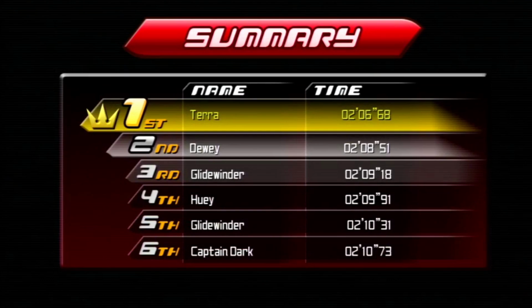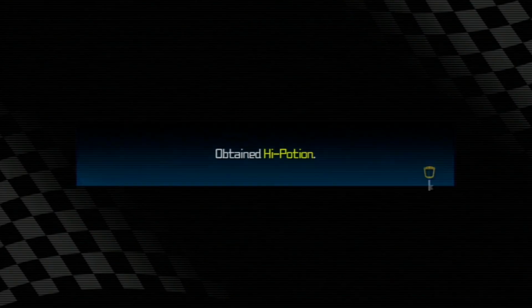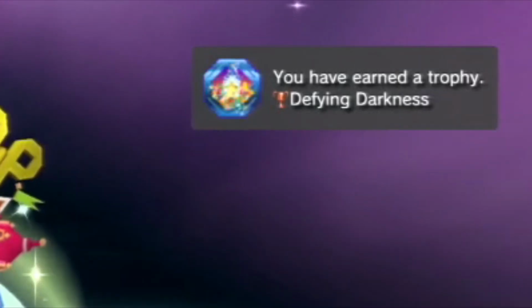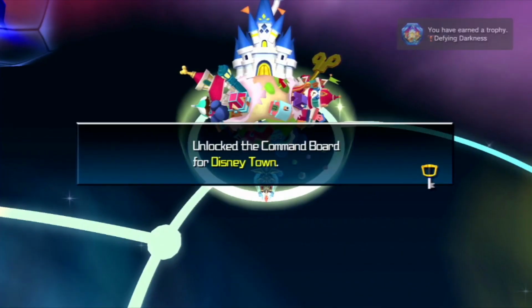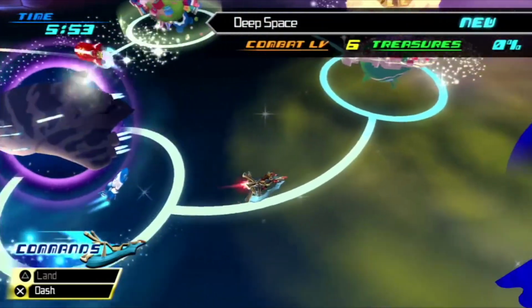For winning the race and completing the world story, we'll get Rumble Racing for the Mirage Arena if this is our first character playthrough, and a High Potion, then also the Defying Darkness trophy, and the Disney Town Command Board, aka Toon Board. Ooh, okay, now let's get ready to train in...